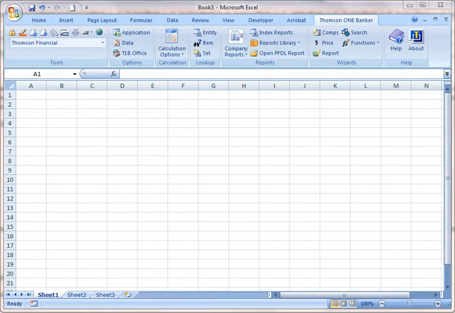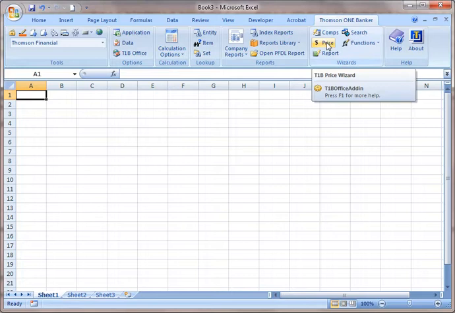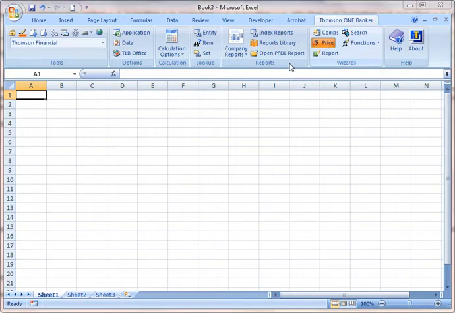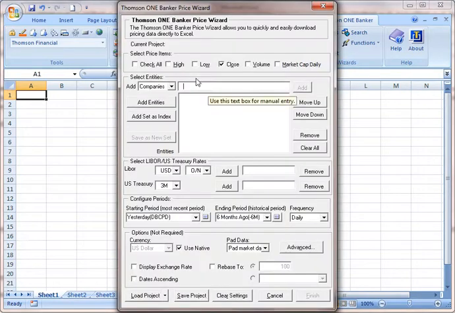Download data from Thomson One Banker Excel. This is mainly just a quick demonstration on how to download the price information first. Another demonstration, I'm going to show you how to construct a portfolio, etc. So here, this is Thomson One Banker in 2007 and 2010